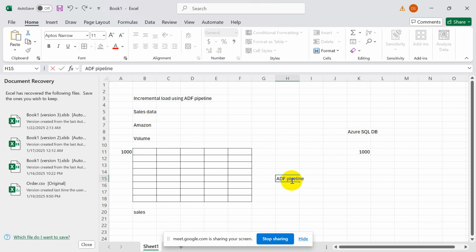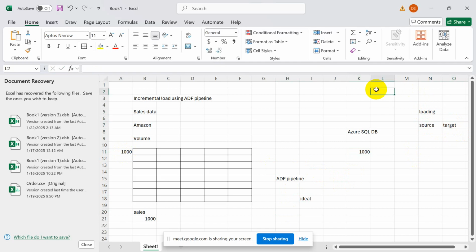But at the moment you complete the 1,000 records, what happens? After 1 hour, another 1,000 records get entered in this table, so the pipeline will run again. What will it do? Should it load the complete data, 2,000 records, or only the additional records which recently came? In the ideal scenario, it should only load the data which recently came and avoid whatever is already loaded. Why? Because if you keep uploading the data as a full load, think of this: whenever we are loading the data from source to target,